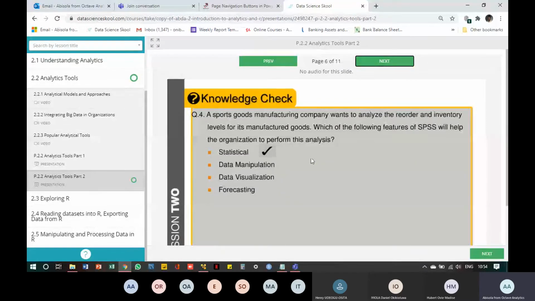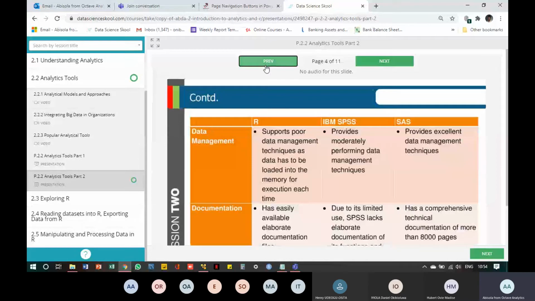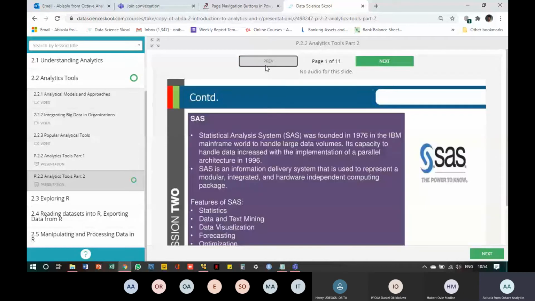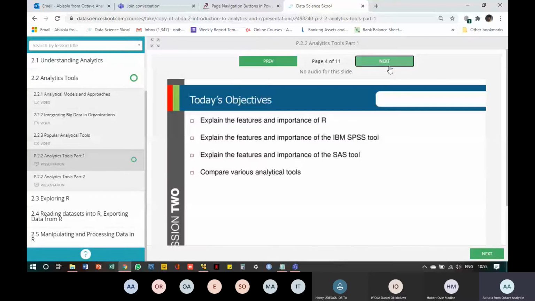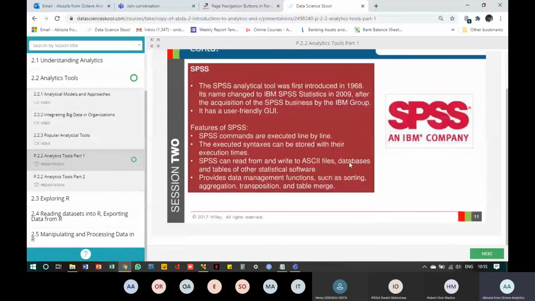So we all know that is the statistical feature of SPSS. If we go back to SPSS features, it's in the previous slide. I just want to quickly show us that. SPSS features. You can see that it is used for statistical analysis, and you can use it for aggregation, transposition, and so on and so forth.